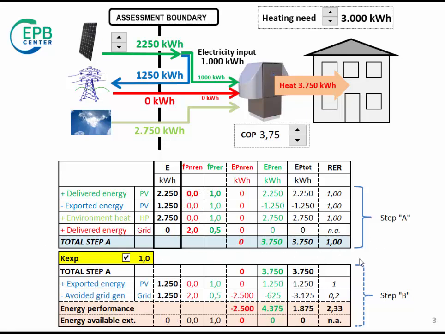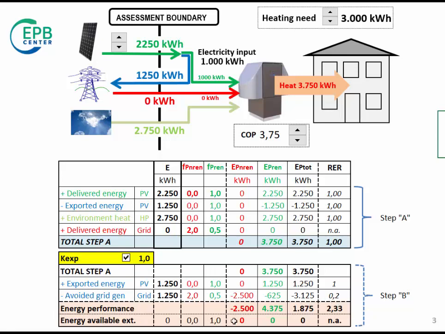The second step of the calculation, that is step B, goes from option A to option B, and it is turned on or off by the parameter K exported. If K exported is set to 0, then step B is turned off and is grayed out in this table, and the result for energy performance remains the same as in step A, that is option A. If K exported is set to 1, then step B is turned on and the energy performance result becomes the